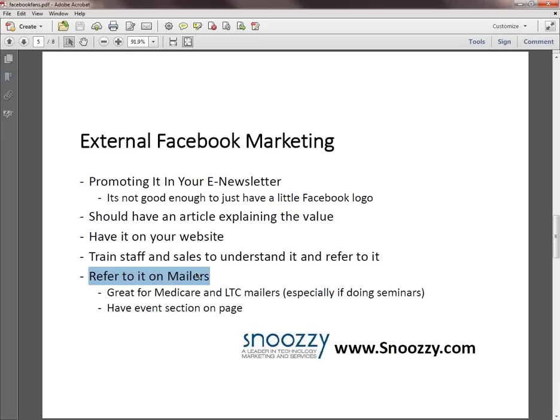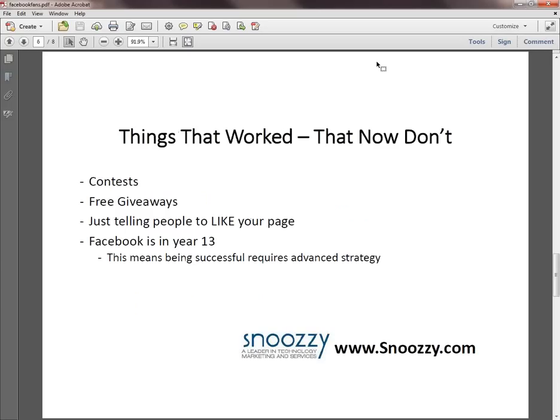I've seen a lot of results with that. And more importantly, I've seen them get a lot of fans because of that. Even though these people don't go to their seminars because maybe they're busy or they're not aging in, they're at least going and liking the page, and those people are getting that distribution for later on.